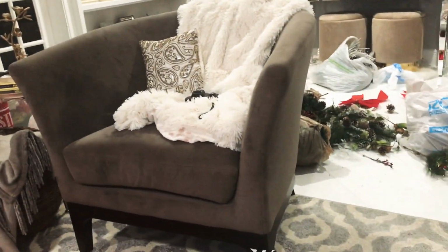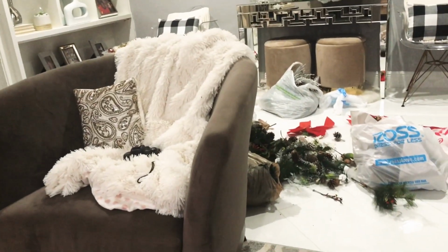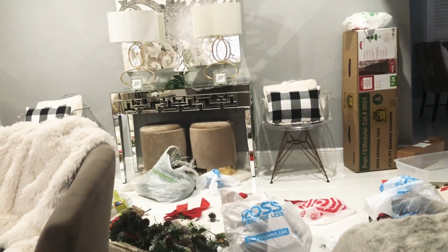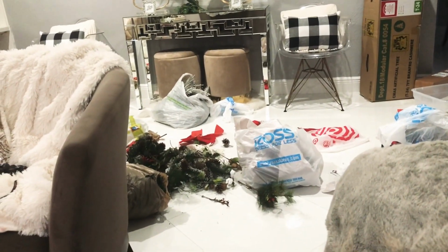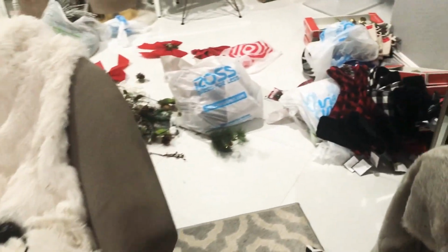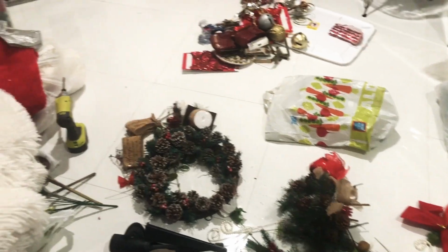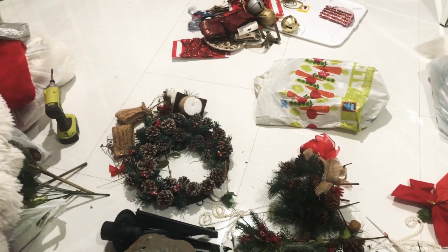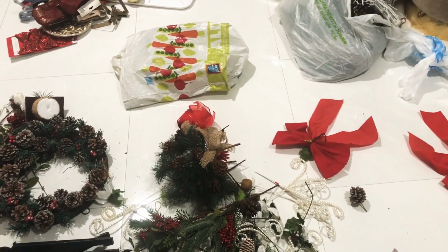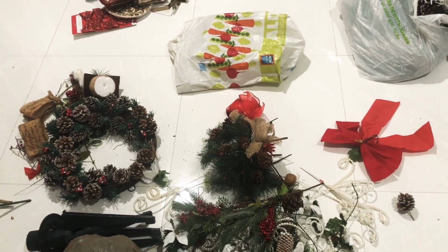I'm still trying to figure some things out. You see my camera? I'm vlogging on my phone because the camera is so annoying. I still have not put up the Christmas tree, which I need to do ASAP. But while I have the opportunity, I'm just trying to separate things, get rid of some ornaments. I want to get rid of some stuff. I have too many things I have been collecting over the years, and I'm at the point where I'm tired of it. I want to either sell it or throw it away. That's just the option. Sell it, throw it away, or give it to...